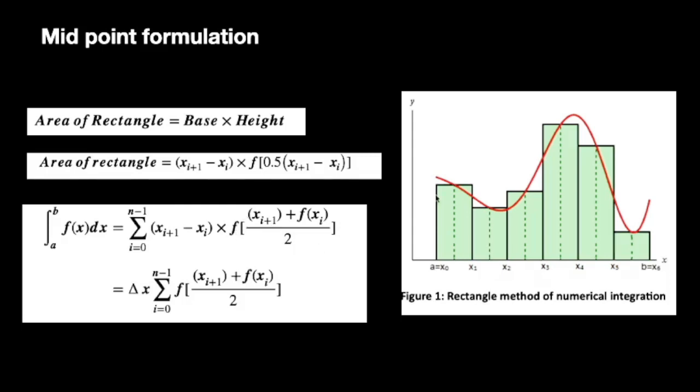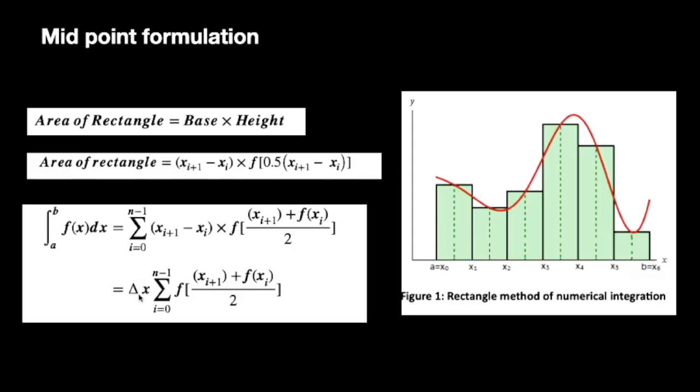Although the value of the function keeps changing, that is, the height of the function keeps changing at different points, the width is going to be the same at all the points. So since the width is the same at all the points, the width part, which we normally call delta x, or in our program we will call it dx, can be taken out. So we can multiply it as a constant, this will remain the same for all the strips. So please make a note of that.